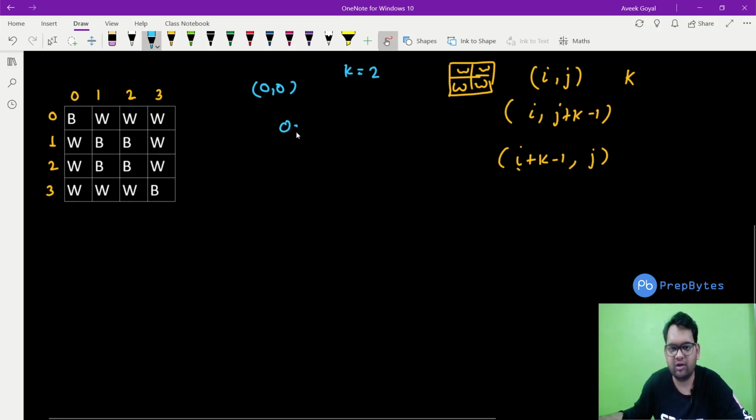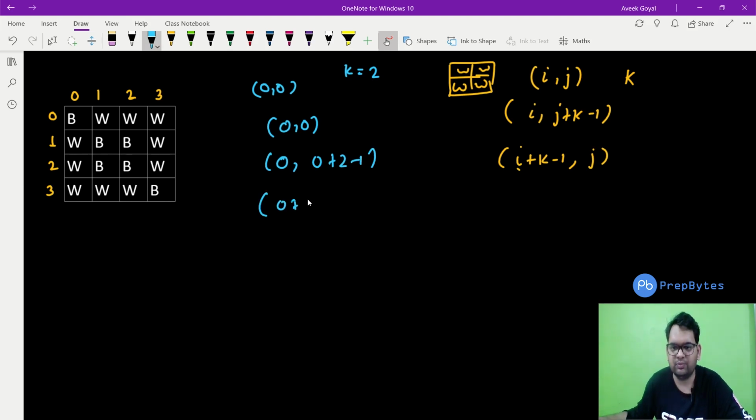So if we are clicking on 0, 0, we are moving from 0 to 0 plus 2 minus 1. So this becomes 0 to 1 for both. So we go till 0, 1 and we go till 1, 0. Okay, so this is what we are doing.